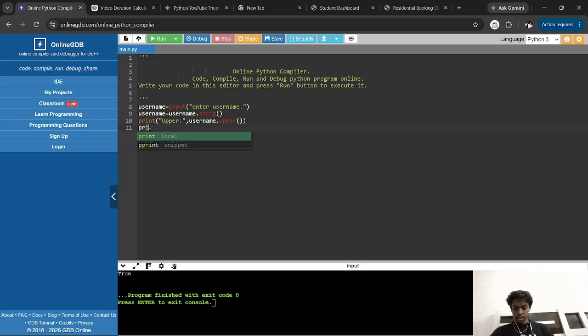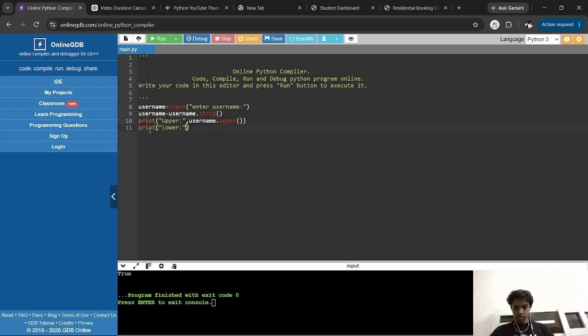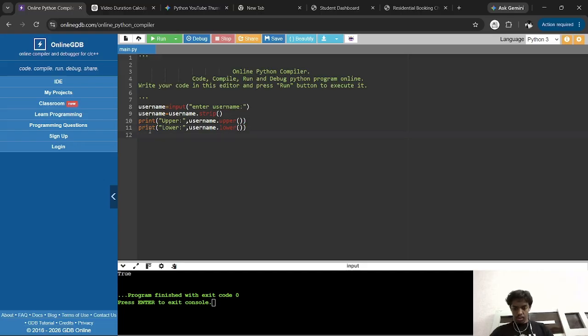Similarly, we'll print the lower first. We would write here lower, comma, username dot lower. Now we will print the title